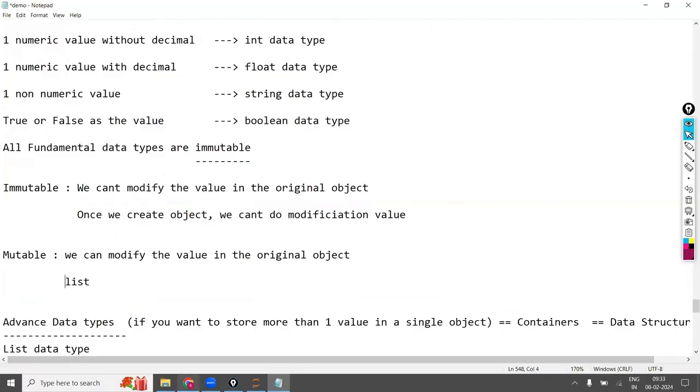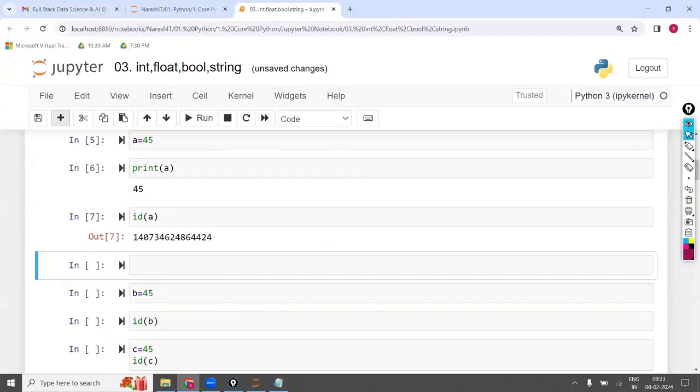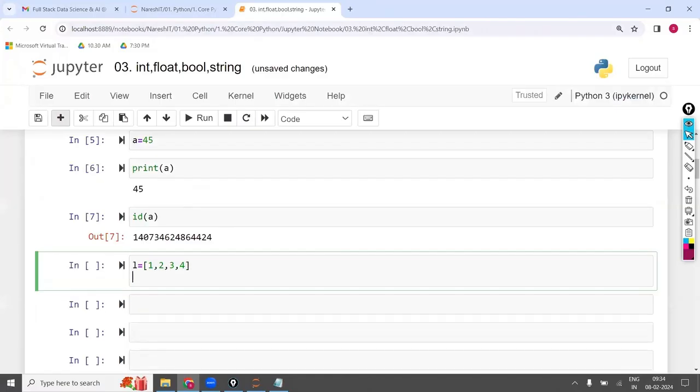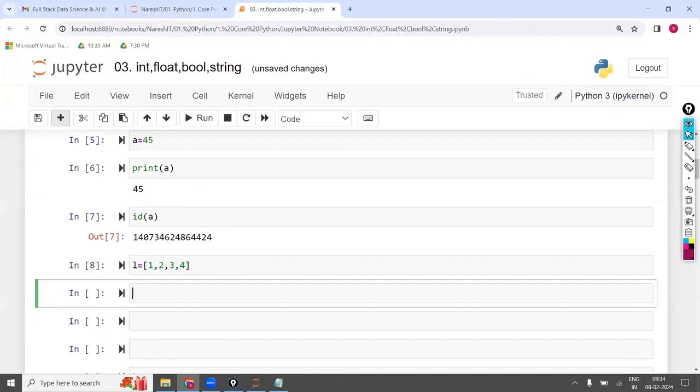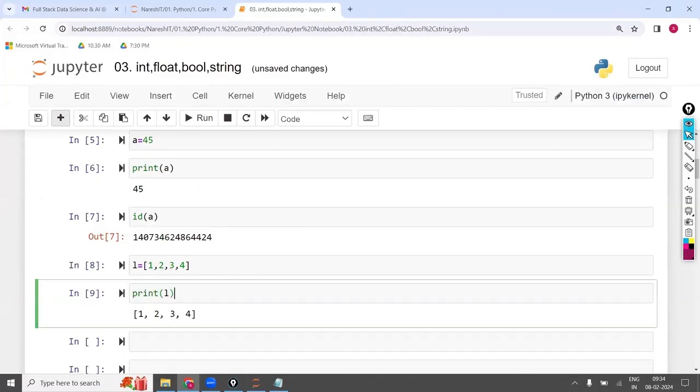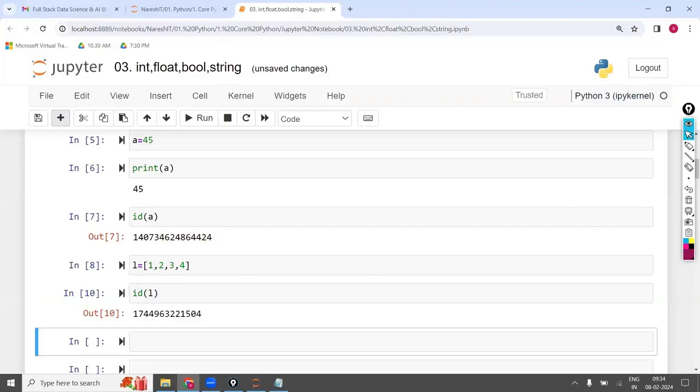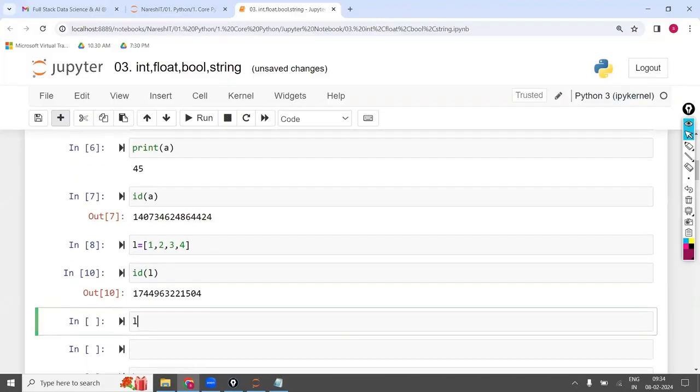Now I'm going to show you an example so that you will get clarity. I'm going to take a list, 1, 2, 3, 4. This is L, and I'm asking print L, and it gives the list. And I'm going to ask the ID of L. Now, within L, I'm going to replace the first value with 10.